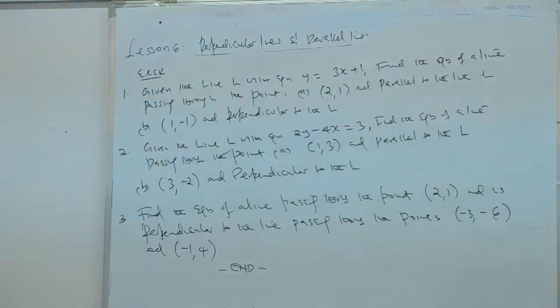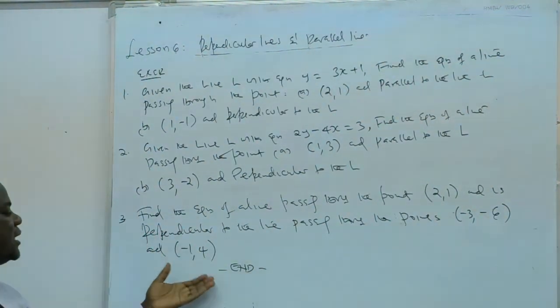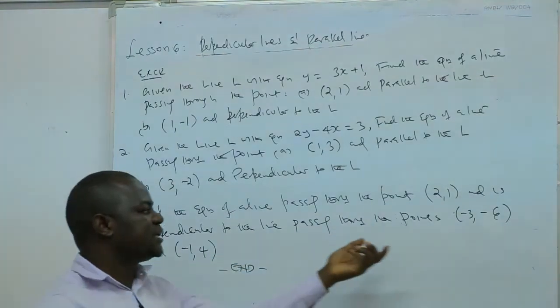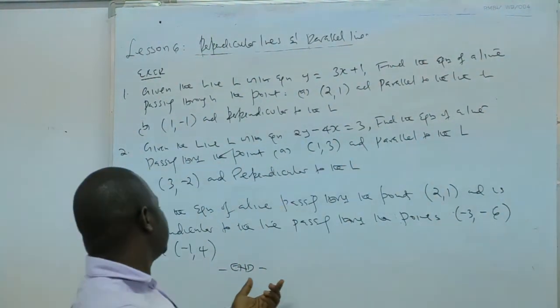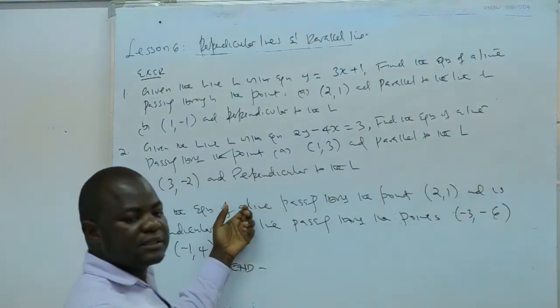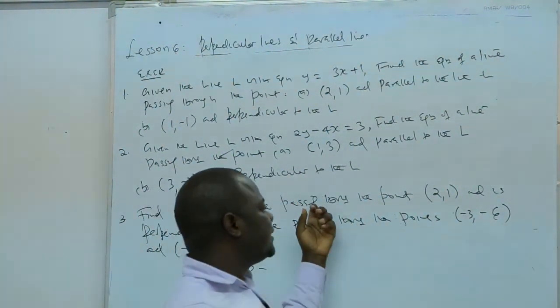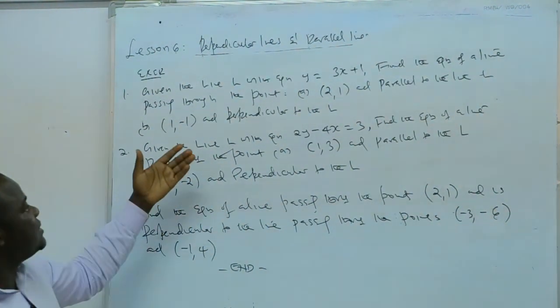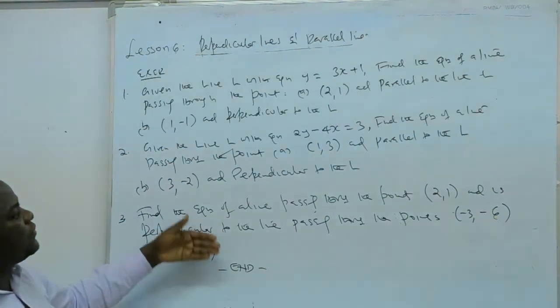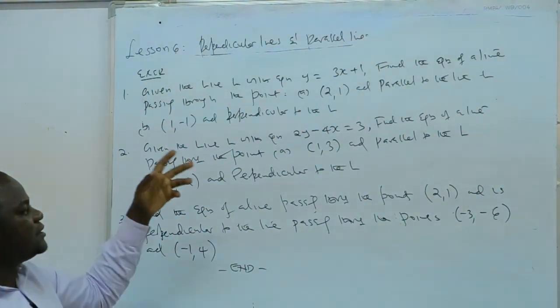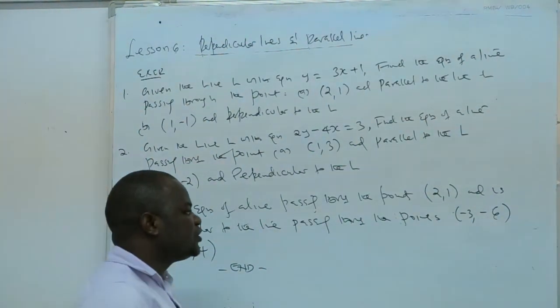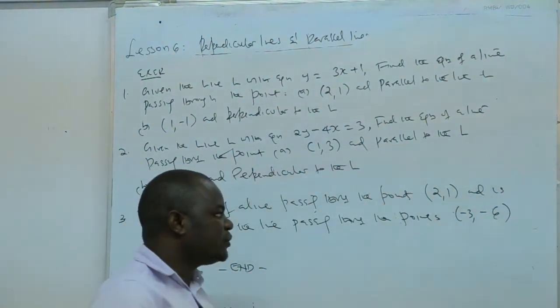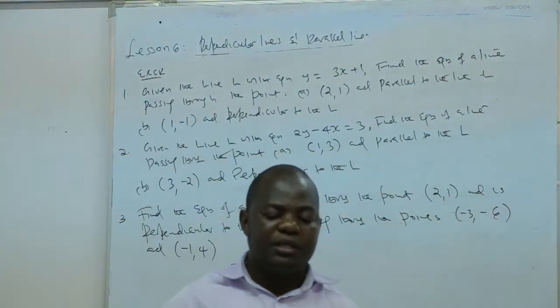This does not mean these are the only questions you are supposed to attempt. Please, you can attempt more in the activities that you have and others in the book, so that you can gain the concept. So what do you do here? You first need to get the gradient of this. The gradient of this is going to help you find the gradient of that. And then with the gradient, you use the point and the gradient to find the equation. So that is the exercise. You can find out the solution for this with me after you have done it, and then submit your work. You can submit your work through our WhatsApp group, and you can send it through the normal channels. We shall be able to address your challenges.